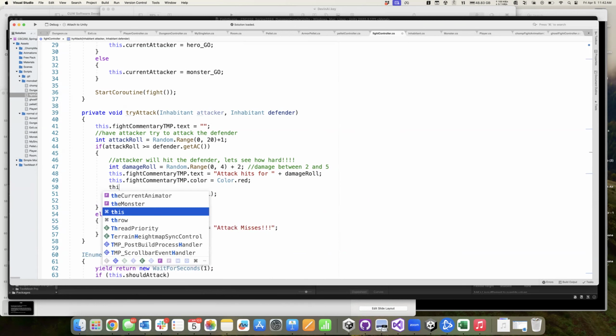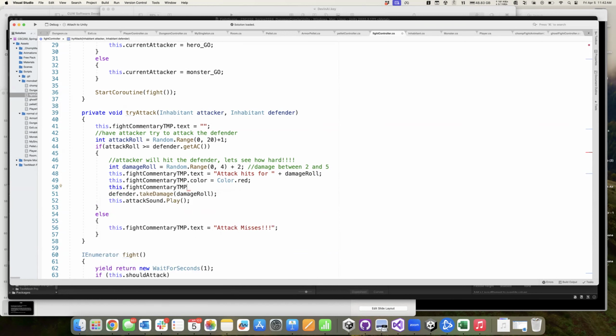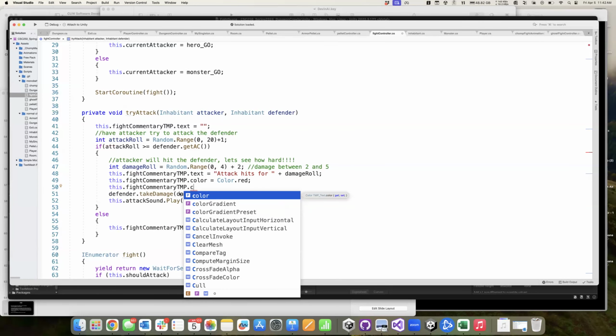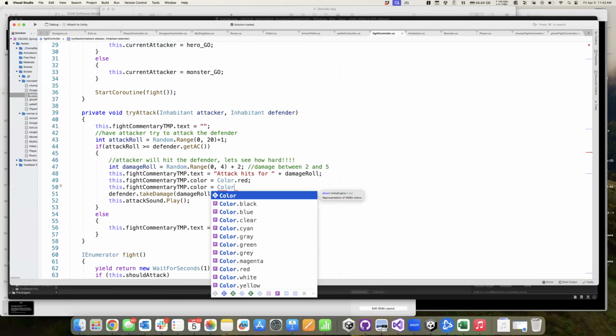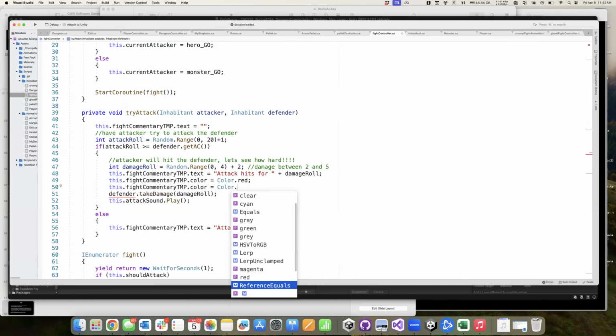Now, just to rehash something we already saw, when I click on setting the color, just to show you how we knew to say something like color dot here, we notice that the color field of TextMesh Pro is a color object. So that tells us that the kind of thing we're going to be setting this to is something from the class Color. So once we saw that, we can just type in Color and see what's possible inside of the Color